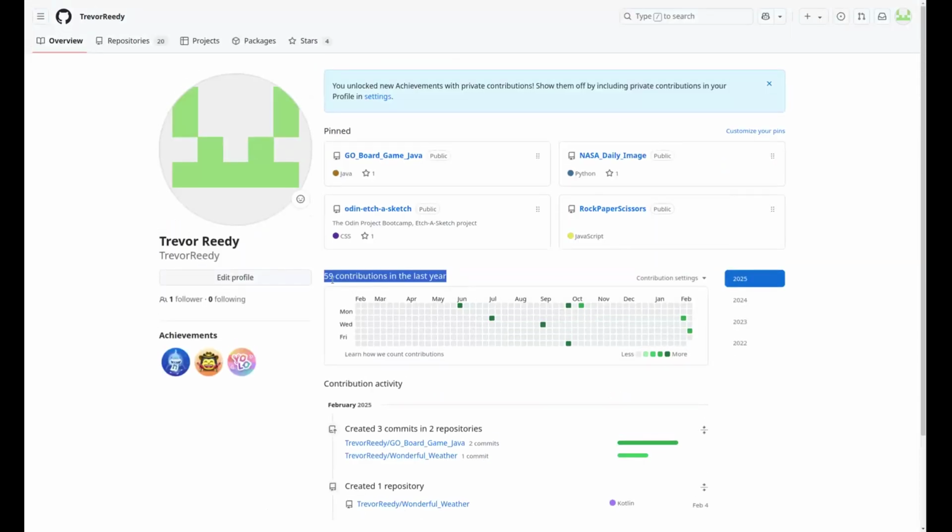And I'm not the best at contributing, but the more you contribute to real projects, the better you are, right? Because that's what you'll be doing if you ever do get hired. And we're going to go over some cool repositories at the end, and hopefully you find some that maybe you would like to contribute to as well at some point.